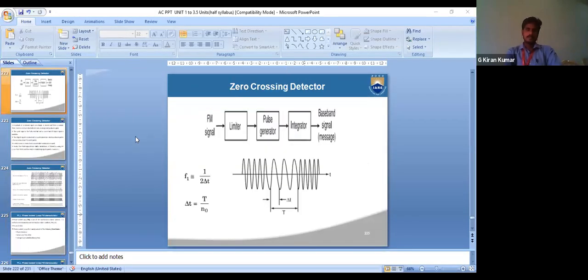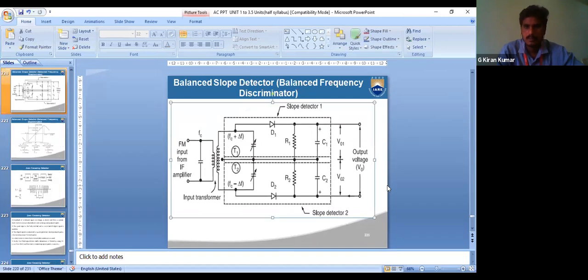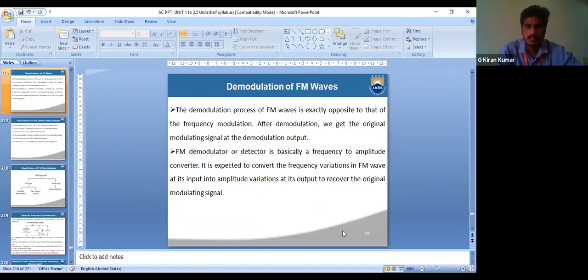Now I have already sent the notes to your representative here. Please collect the notes from her, and please send the PPT also. Now onwards we will discuss the question bank. Else we can discuss the part C questions. Right now I have some part C questions. Or else I will recall all the syllabus, and then we will discuss the part C questions in the next class, for all the three units. I want to share the question bank.